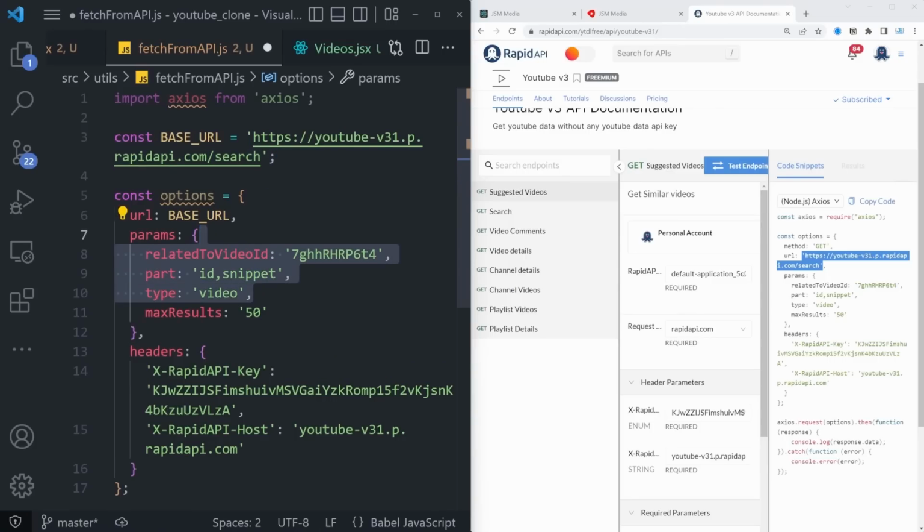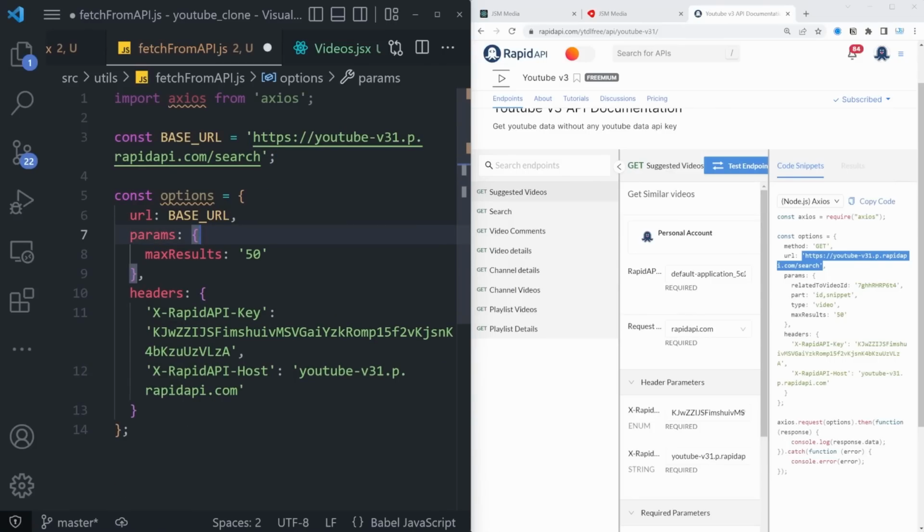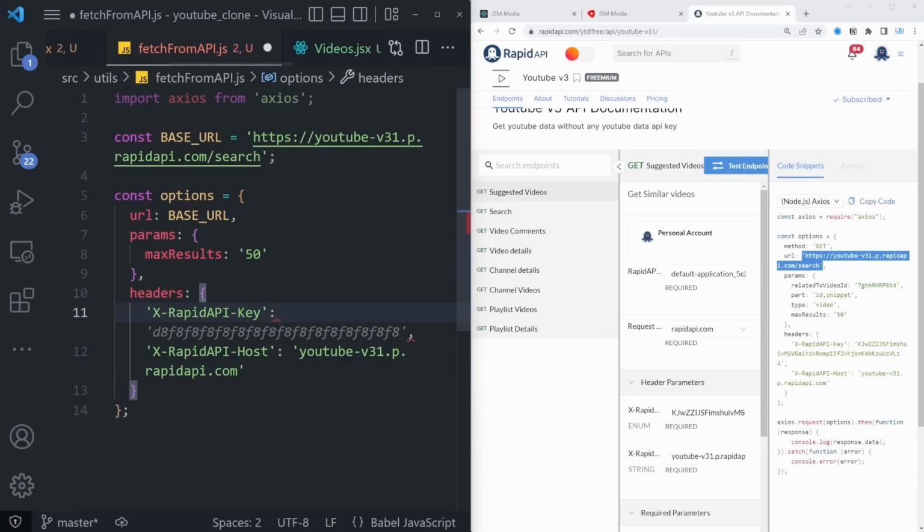So besides the maxResults of 50, this is going to be all that we need. Now, you're going to notice that we also have the x-rapidapi-key and then x-rapidapi-host. We can leave the host as it is, but when it comes to the key, we'll have to safely store it in our environment variables. So let's copy this entire key. Instead of the key, let's say